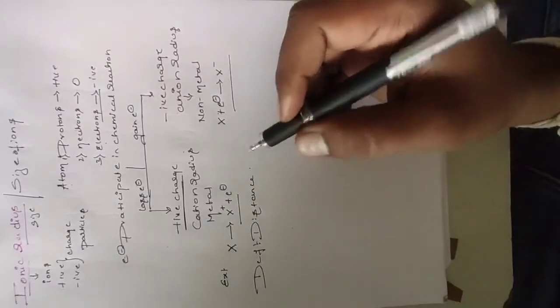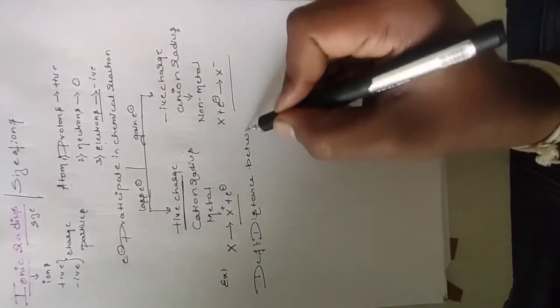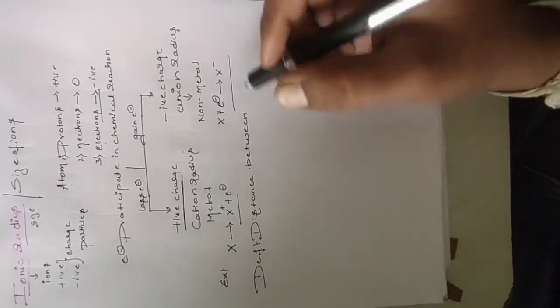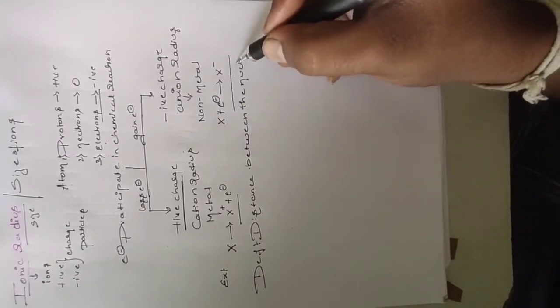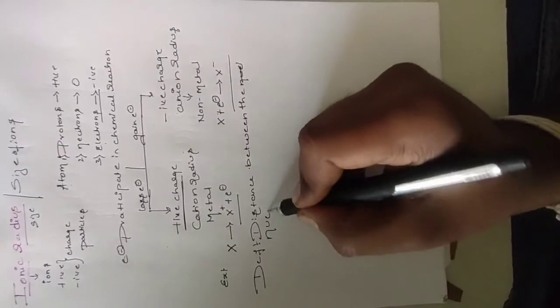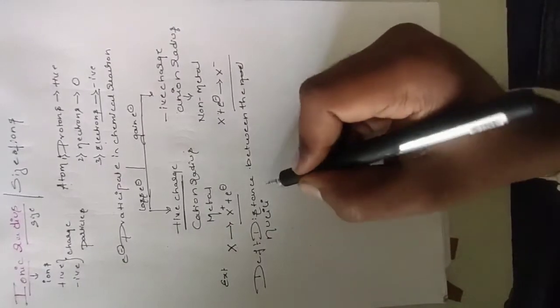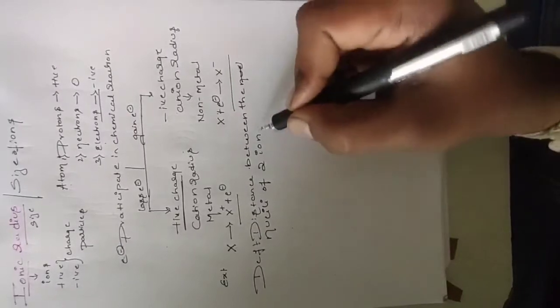Ionic radius is defined as the distance between the nuclei of two ions